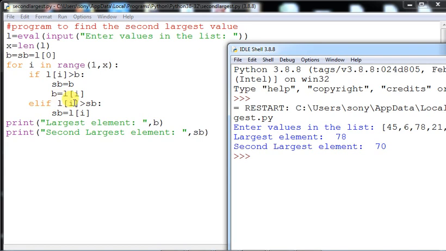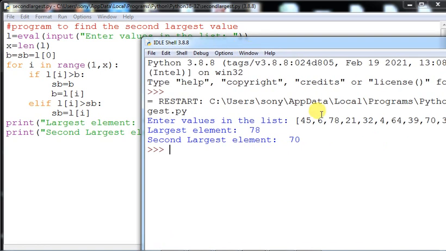So Li means what? Li1 is greater than SB. Yes, Li1 is greater than SB out here. Okay, so SB is also like that. So in the SB, this is the 1 actually, and this is the 45. So here the condition becomes false, so it will go to the second loop, and then it will still continue its execution for the next value and so on.